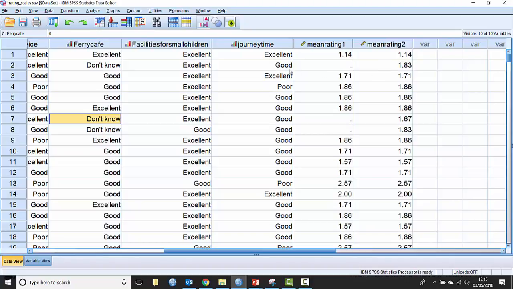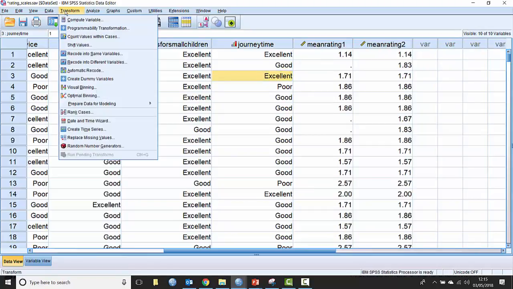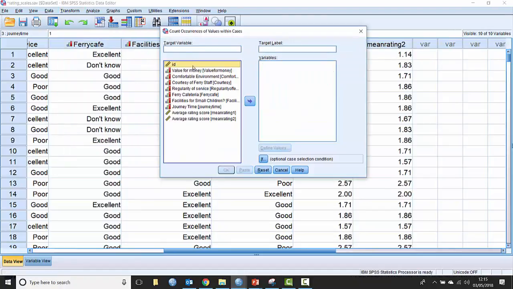What happens if we just wanted to find out how many times an individual ticked excellent or ticked good or something like that? Well, that's another way of creating a combined variable, and this time we'd go to transform, not compute variable, but count values within cases. So it's a different procedure. Let me just hit reset here. So if I create this new procedure, I'm going to create a new field, and I'm going to call this field excellent count,